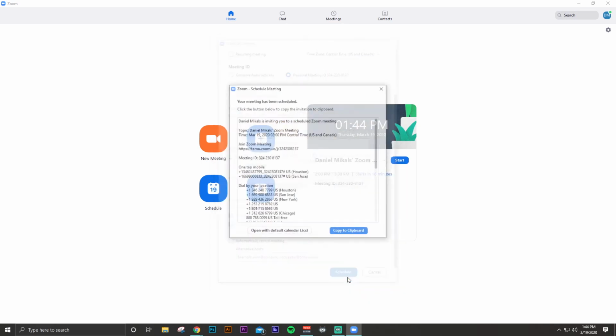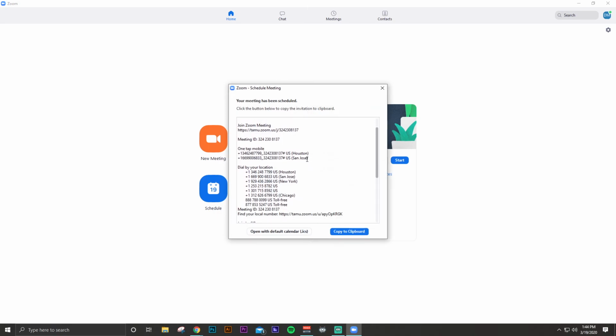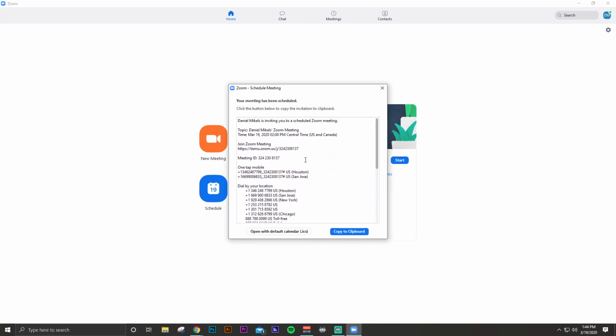We're going to hit schedule. It's going to schedule the meeting, and it's going to open up this nice long form schedule. The main thing we're looking for is under join Zoom meeting. This is the URL that students can use to join your meeting. So we're going to highlight it just like we did, and then we're going to hit Control C or Command C if you're on Mac. You can then take this and put it directly into eCampus, Google Classroom, or whatever distribution method you have for